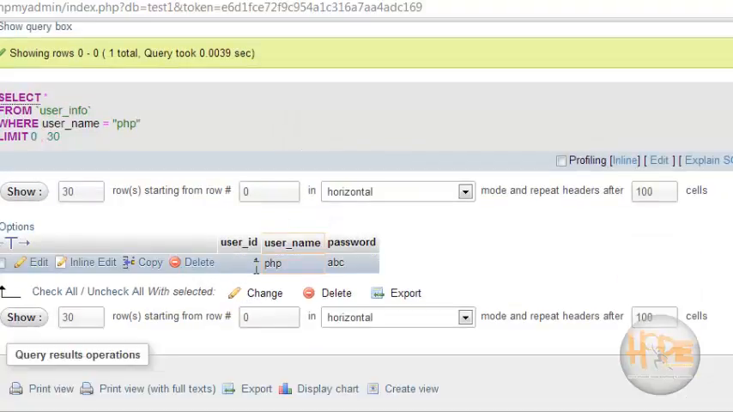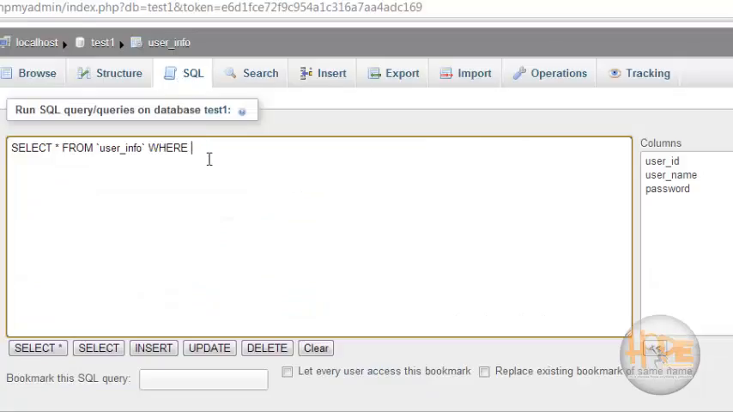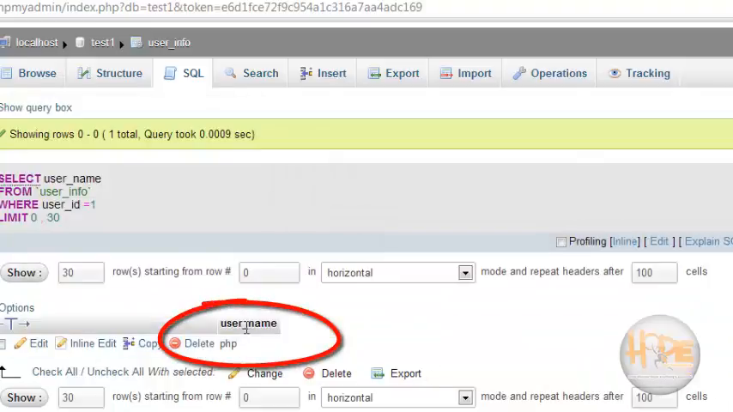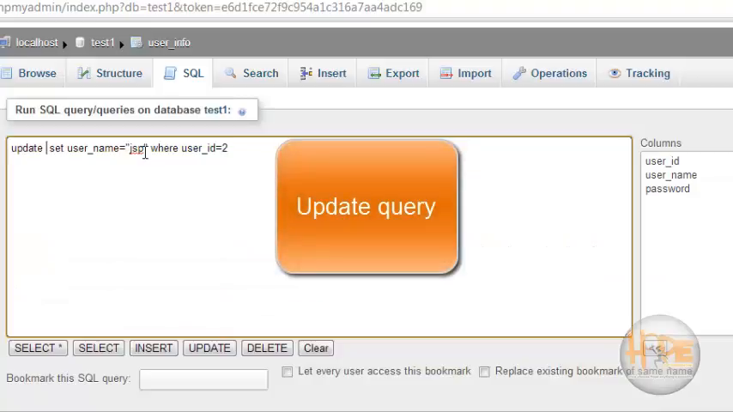So here this is the output. It is showing all the information of PHP. But if I want only the name of the user where user ID is equal to 1, I can write here: select only the column name username from the table name where user ID is equal to 1 and then press go. Okay, so here it is showing only the username,